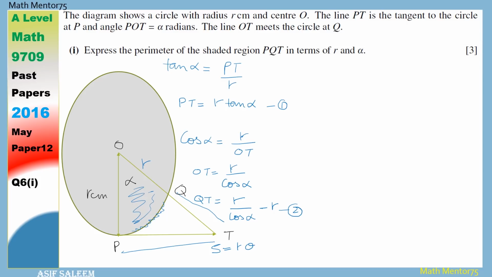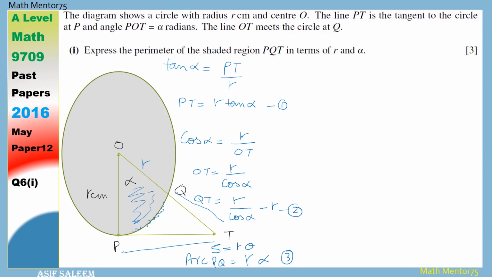S is the arc PQ. Arc PQ would be angle alpha, radius R. So it would be R alpha. So we have all the three required lengths, all the three boundary informations to write down the